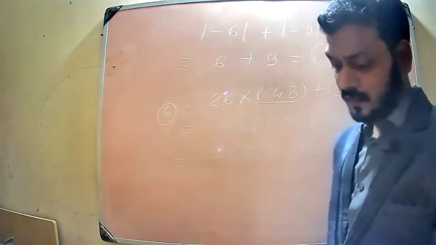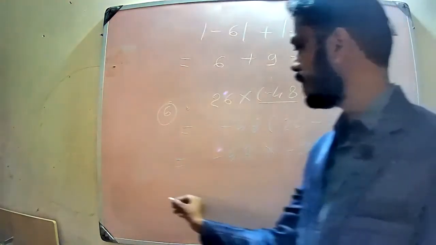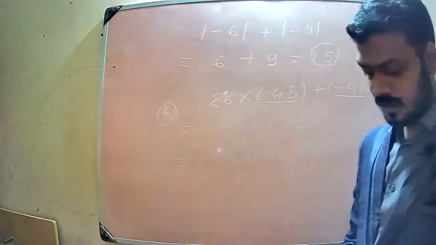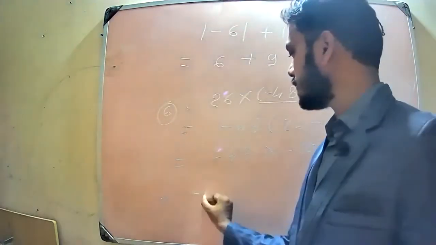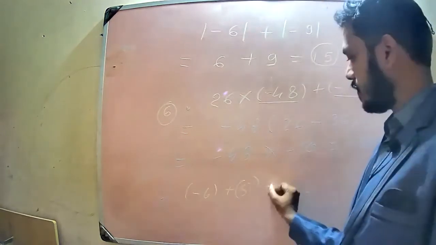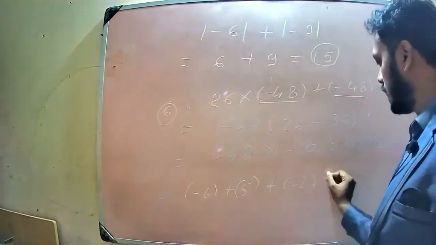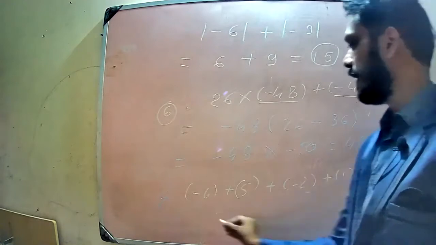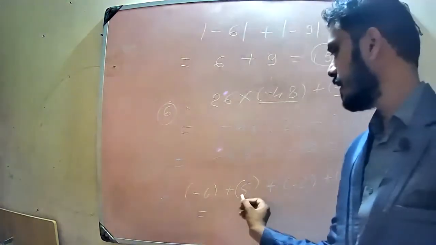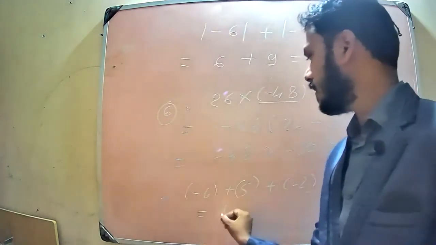Okay, what is the value of -6? Question number 7 is very easy with respect to the other questions. -6 plus 5. Again, some students, what are they doing? They write -6 and plus 5 equals plus 1.